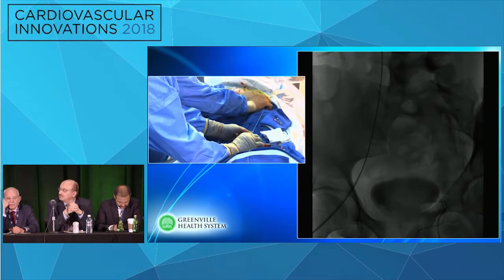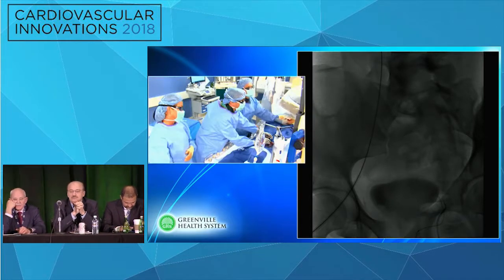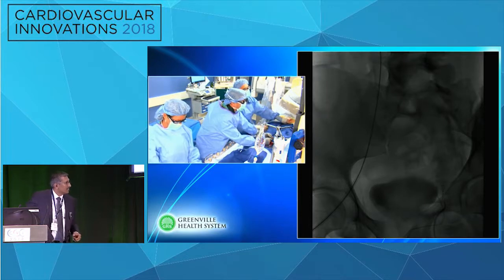Who thinks that in this position right now, where Bruce is, trying to access the left popliteal or lower down in the leg is easy? It can be quite difficult, is that right, in this position? It's not easy to do right now. No, but you know what? The problem here, though, is...